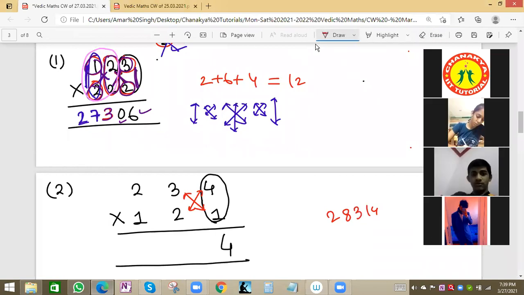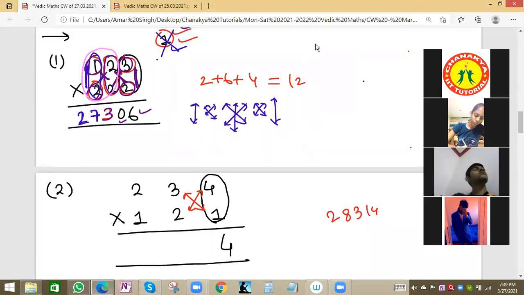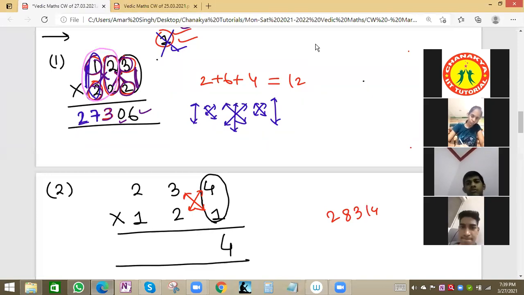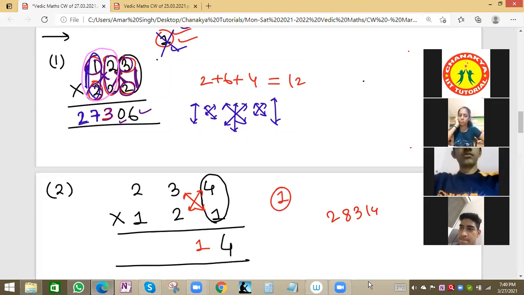Yes, sir. 1 second, we'll see this trick and solve this question. First, we will multiply simply straight, basically 4 into 1, 4. After that we'll do small crossing, which means adjacent values will multiply. So cross values will multiply: 3 1s are 3, and 4 2s are 8. What is 3 plus 8? 11, because carry is not there. 8 plus 3 is 11, carry is 1. Carry will be written separately. Then after that we will do big crossing.